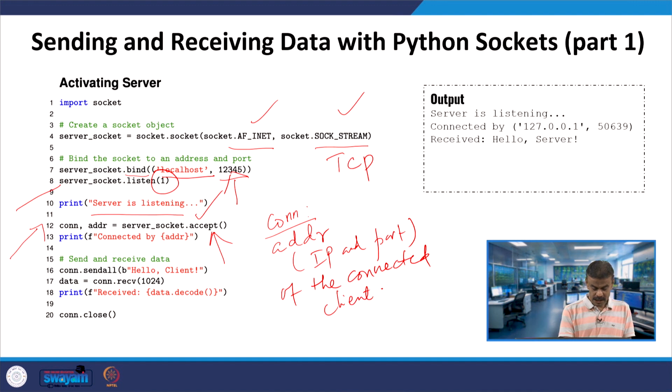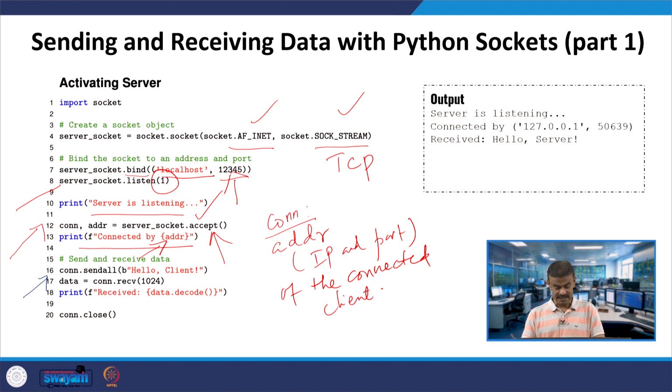Then you have a print statement. Line number 13 prints the address of the client that connected to the server. The object conn invokes sendall, and you are passing b, double quote, hello client. The meaning is it is sending a message to the connected client.